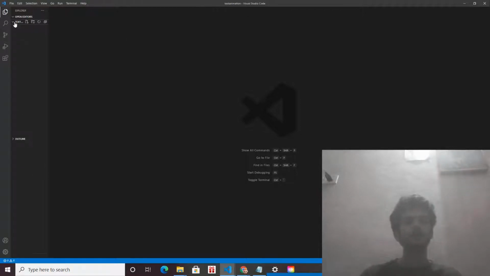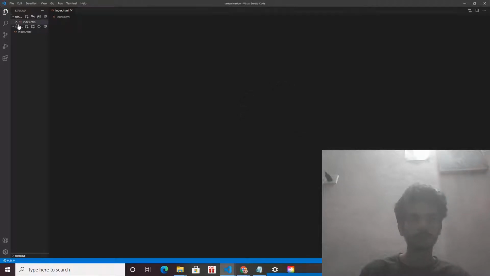In it I am creating one file, that is index.html. Okay, there is some error. Yeah, it's created. I think you should also have the Emmet extension installed in your Visual Studio Code.